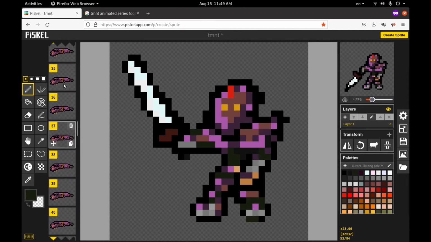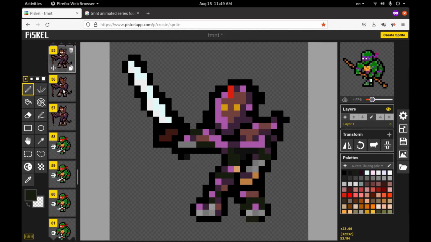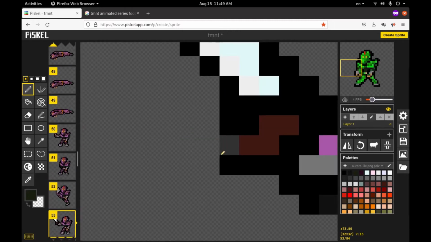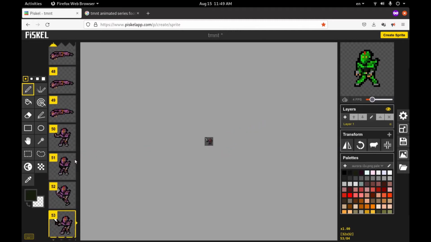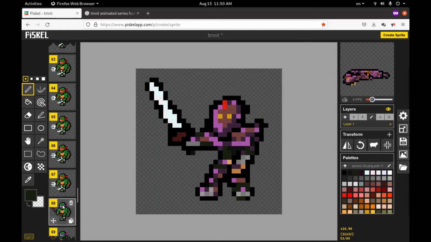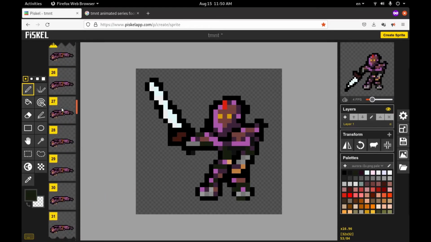Here for each type of ninja, I have a death state, or a knocked out state, or whatever. You can also add additional animations on top of your existing ones, depending on how you like to play around with these things in your free time. That's probably a little bit useful. Also, you can layer your sprites, so if you're not that good of an artist, or if you want to add another